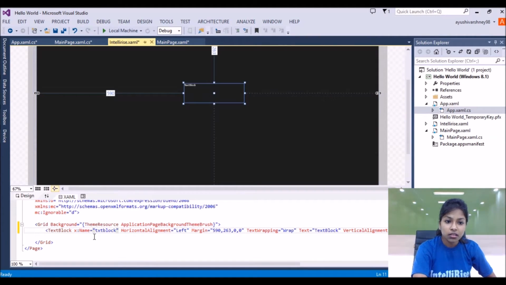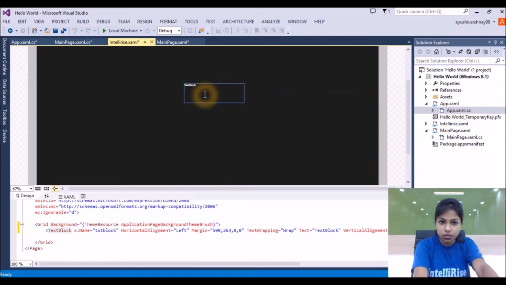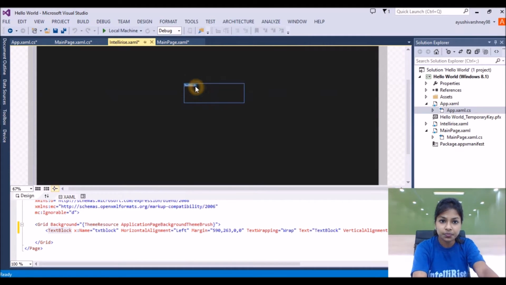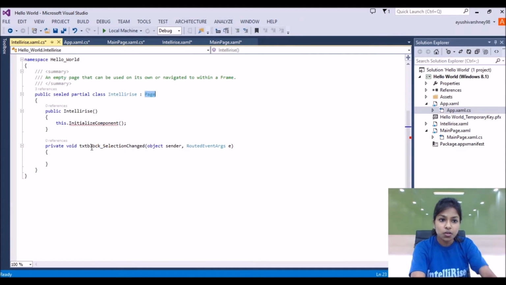The next thing we'll do is go to this text block and simply double click on it. By double clicking, a function is again generated for this event of that text block.